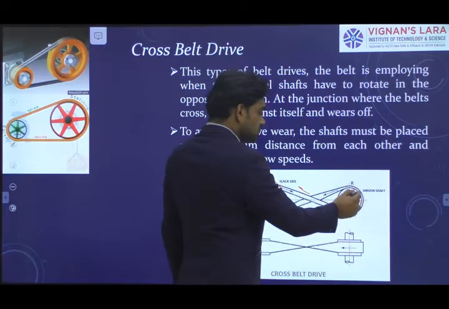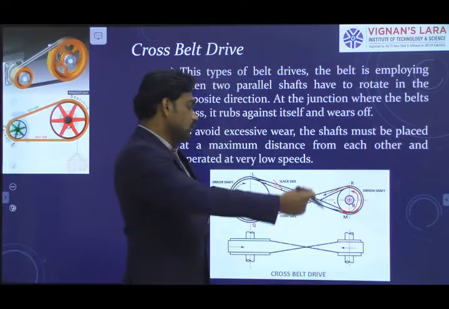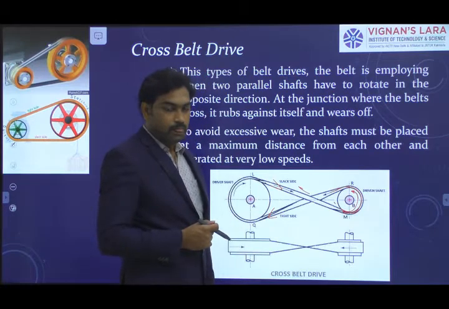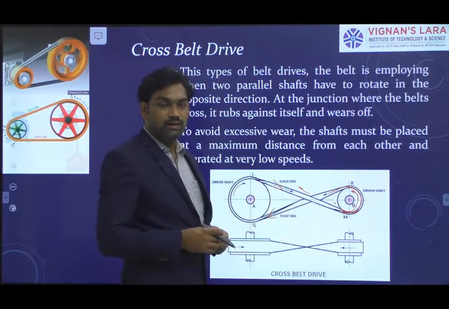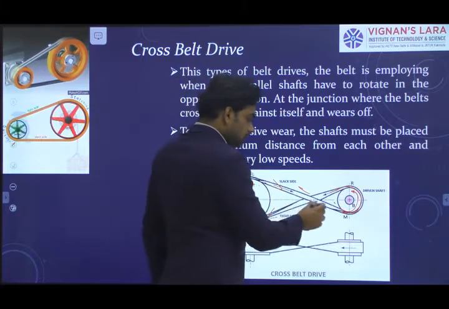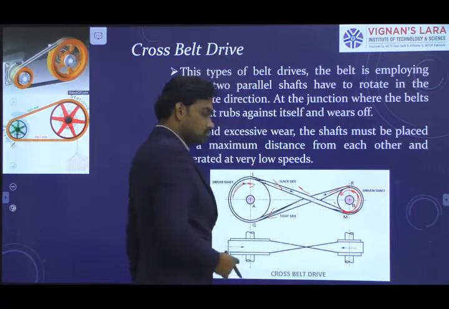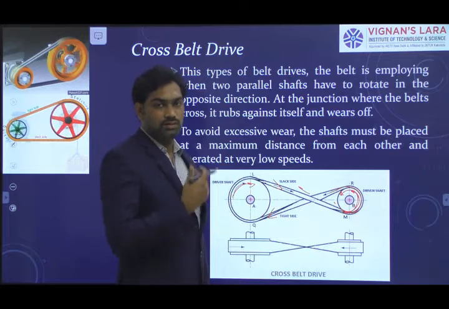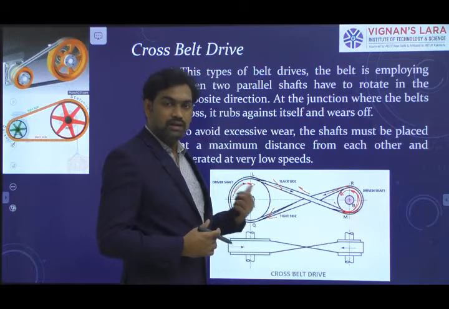Here the belt is receiving and it is the delivering side, but the tight side is going to be used as the slack side, and the slack side is going to be the tight side here. Clear? So the pulleys are going to rotate in the anti-clockwise direction. Here the pulley is rotating clockwise, but the belt is going to rotate the pulley in this fashion. So by the cross laying of the belt upon the driven member, which causes the pulley to rotate or the shaft to rotate in another direction, that is opposite to the driving member.